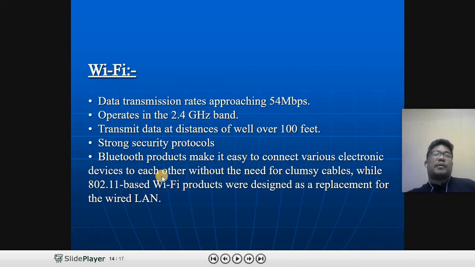Bluetooth products make it easy to connect various electronic devices to each other without the need for cables, while Wi-Fi products were designed as a replacement for the wired LAN. Bluetooth, when devices are close, works even without cables. Wi-Fi is the same; it's like a replacement for the cable that traditionally is needed, like Cat 5e with RJ45. Next,